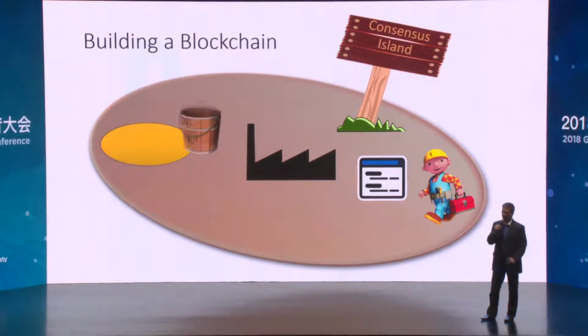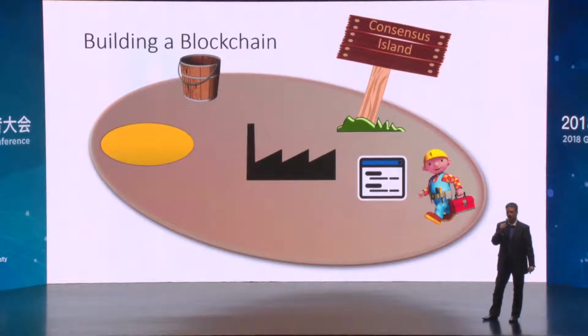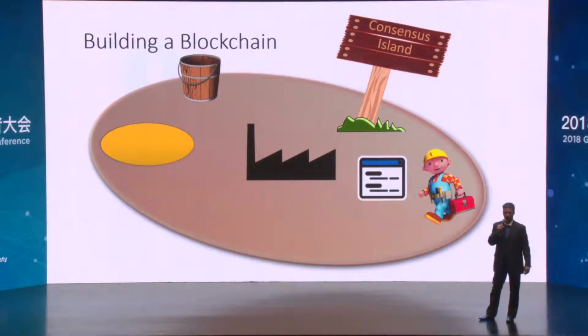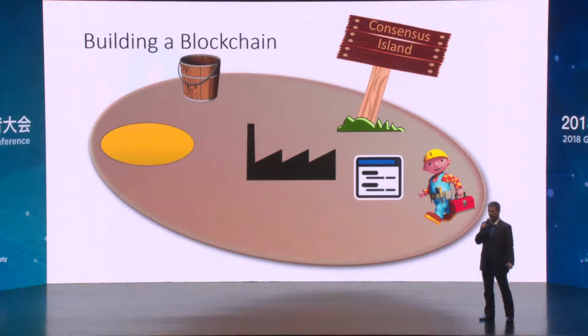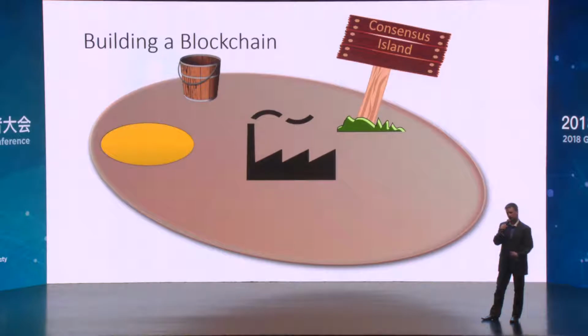The next important parameter that we need to configure is a method to extract those tokens out of the reserve pool and bring them up onto Consensus Island, where all of our users are going to exist. We'll use this bucket to represent that. Our block producers are going to use this, right? So we'll take this code, stick it into our blockchain, turn it on, and let's see who shows up.